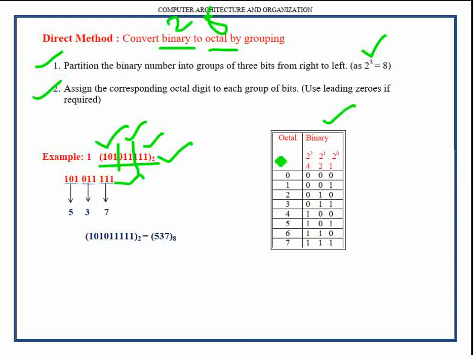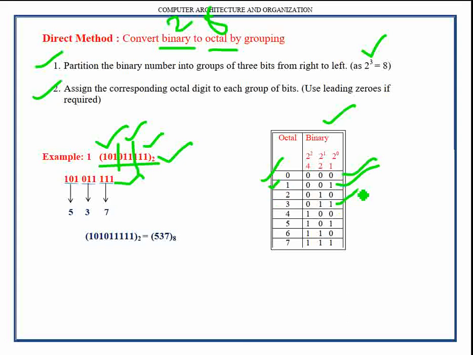Here in this table, the octal equivalent value for every group of bits is given. This octal equivalent value is assigned based on the weight of the bits present in the group. If we take this group, none of the bits is present, that's why its octal value is also 0. And if we take this group, the bit in the 0th position is present, that is, its weight is 1. That's why its octal value is 1.